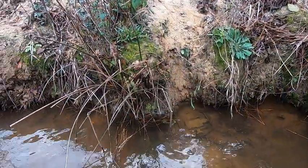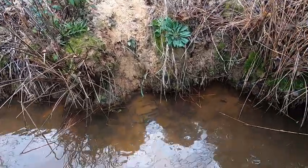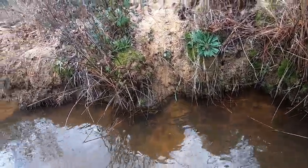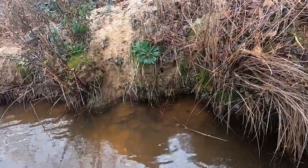Oh, there's the trap still bedded right there at the end of the slide. I'm checking a whole lot of empty sets this morning. It's not looking good. Hopefully the disturbance at the set I've got coming up means I've got a catch there. If they do move in here, yeah, something's caught. There's no way around that, but